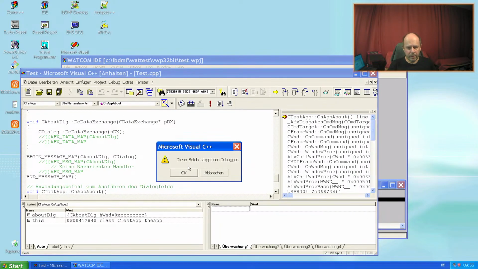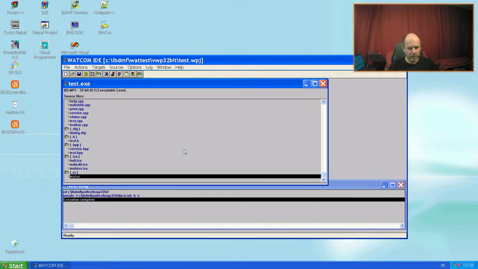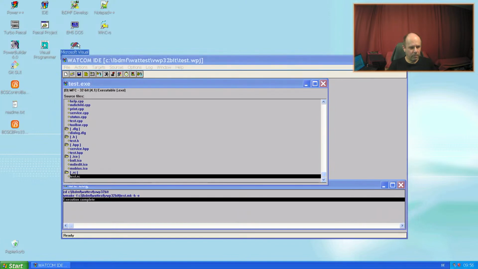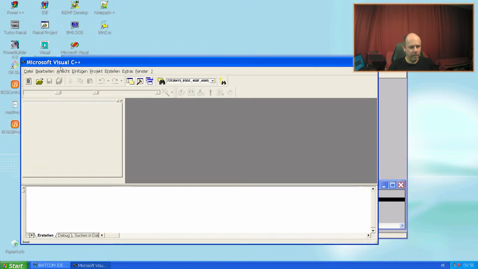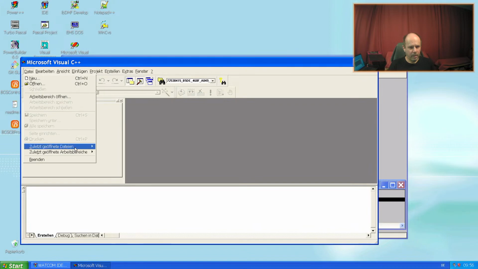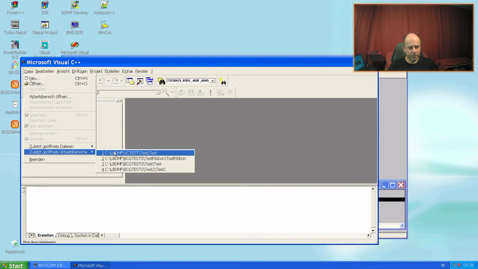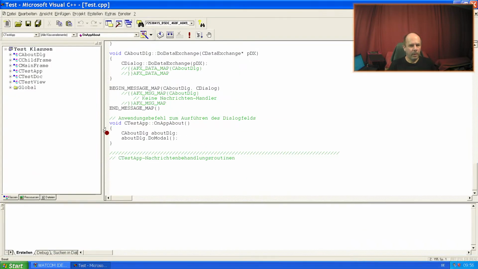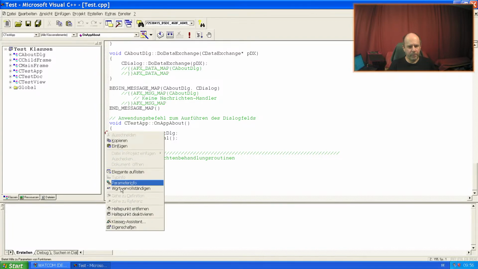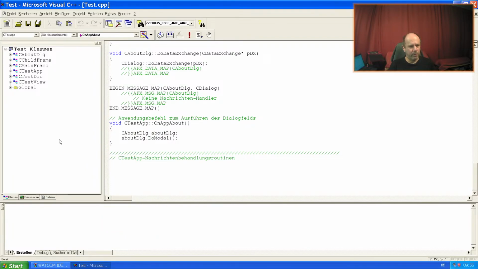Simply go back, stop the debugger, nothing opened, go to the project, and here I am able to see directly some breakpoints, even if I cannot double click onto it. Haltepunkt entfernen. Don't get confused with my German mixing here.